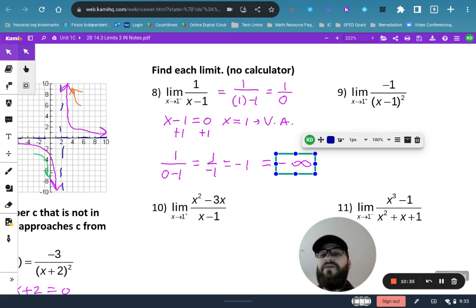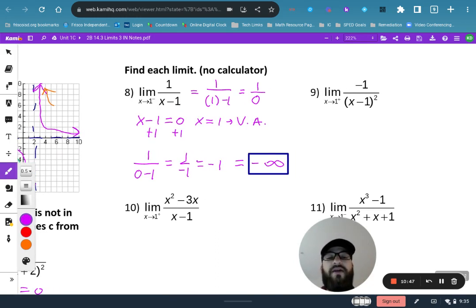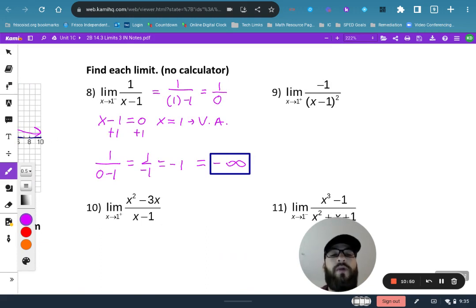So let's look at another example. Let's look at number 9. So number 9, we have negative 1 over x minus 1 squared. First thing first, remember we're not going to factor first. We're going to plug in our 1 first. So plugging in our 1 first, we get